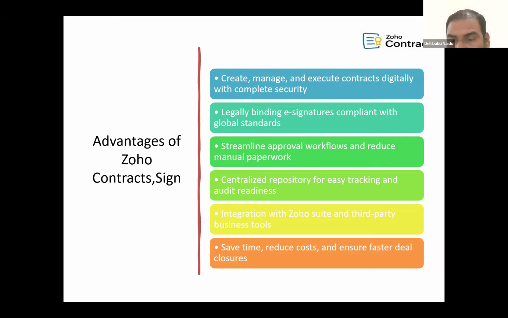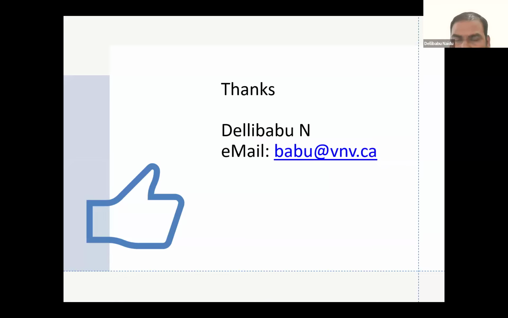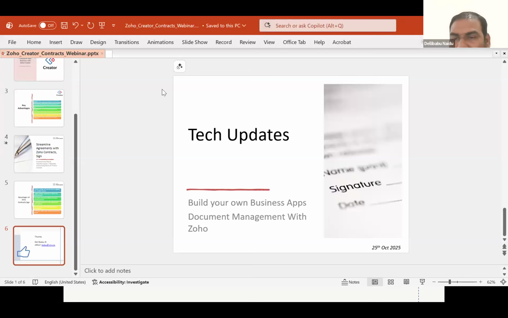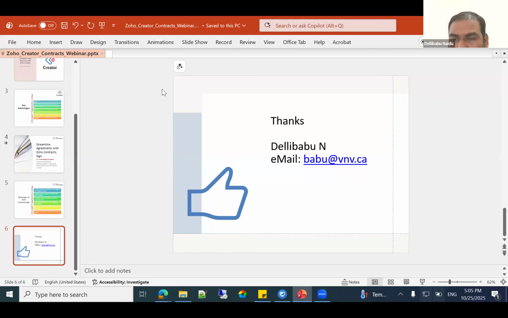If you want to add, you can add in one place. Whenever you want to download for your entire company, you can download from the contracts module. This is just one overview. Now I'm moving to the live session, how we can use Zoho Creator for your business with one small module.